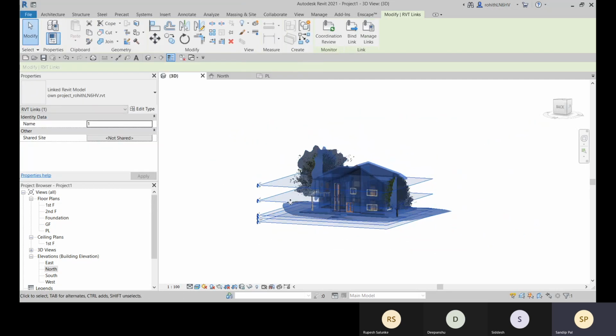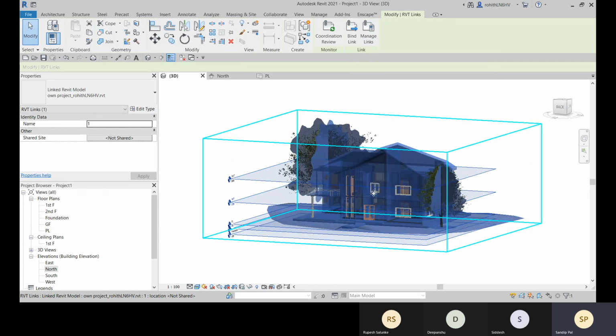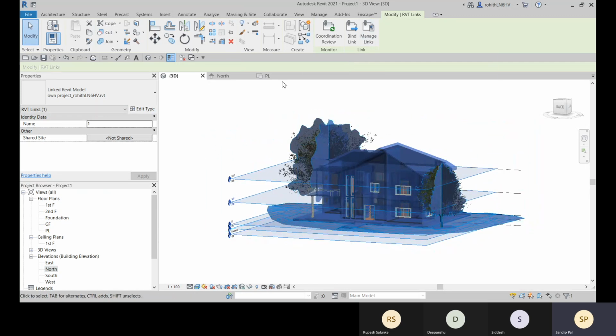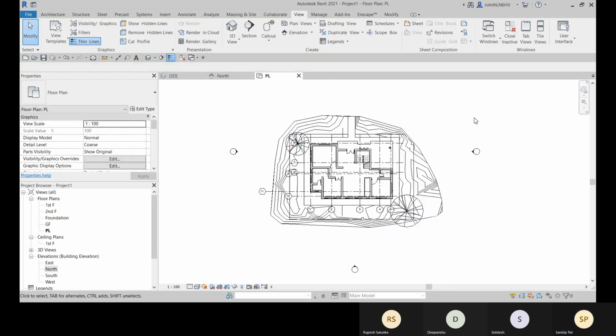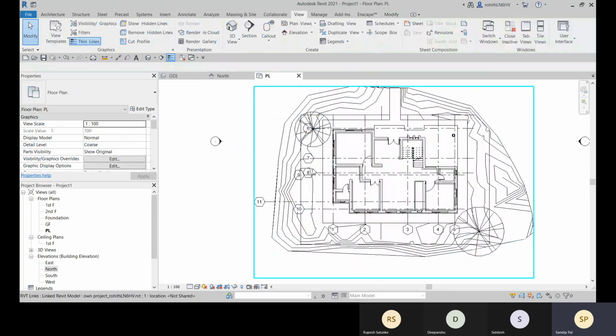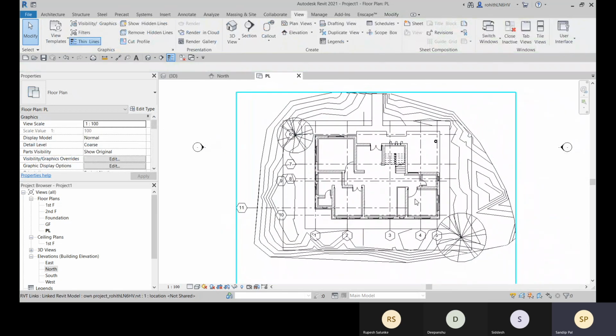So let's go for this manage link and can hide this again. All right. And now let me go to the link here. Okay. And if I need all these grids also, I can copy them as well.